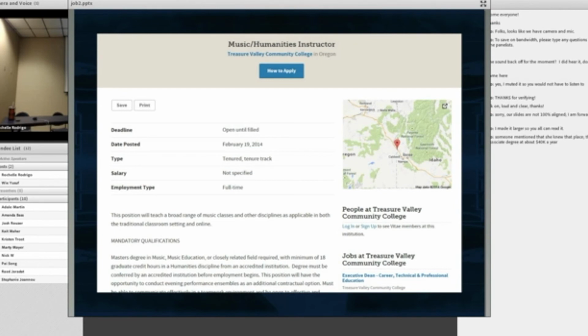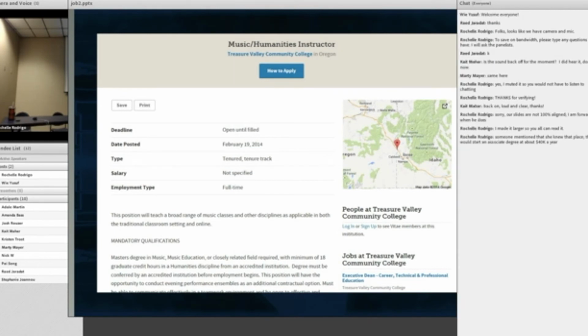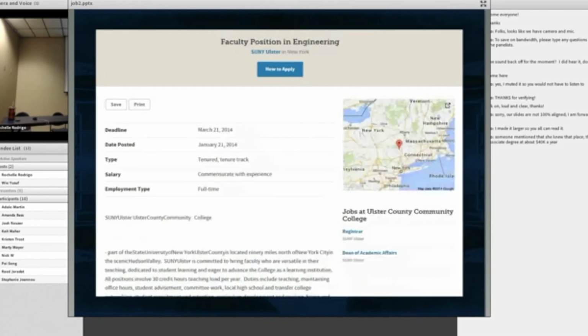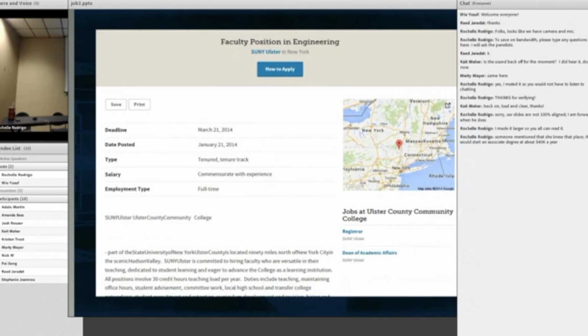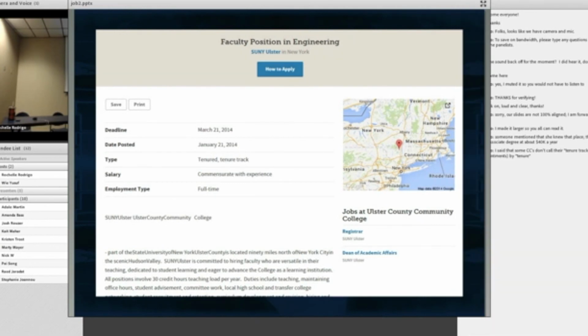Okay, now here's the part where I forgot to undo the filter, or did I? Let's see. No, I did. No, I'm good here. Okay, I found an engineering position, but I will tell you there were very few engineering positions up right now. So this is as of this week. And this one happened to be, again, at a community college, and Ulster County is in upstate New York, and not terribly far upstate. It's in the Hudson River Valley, right here, and it's very